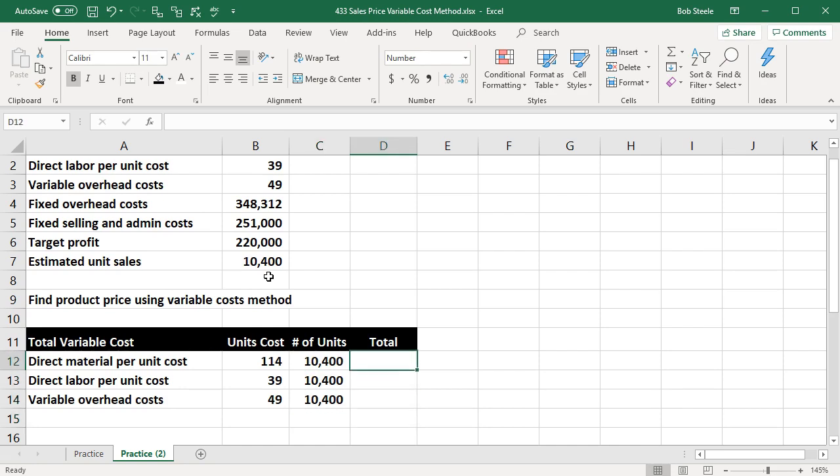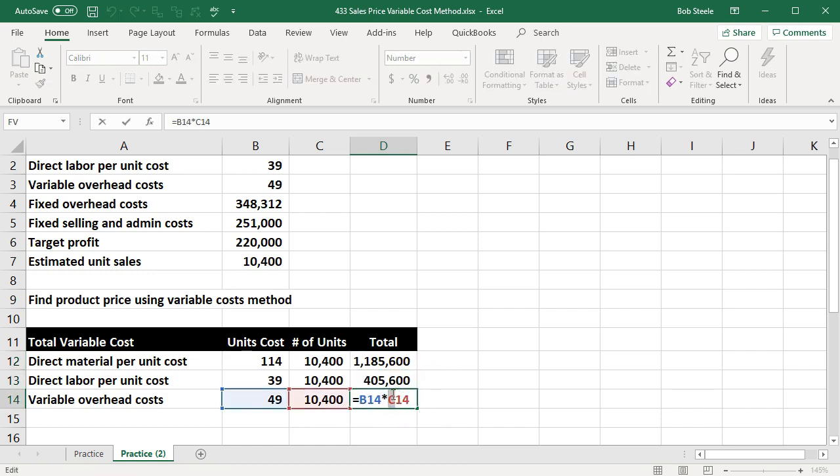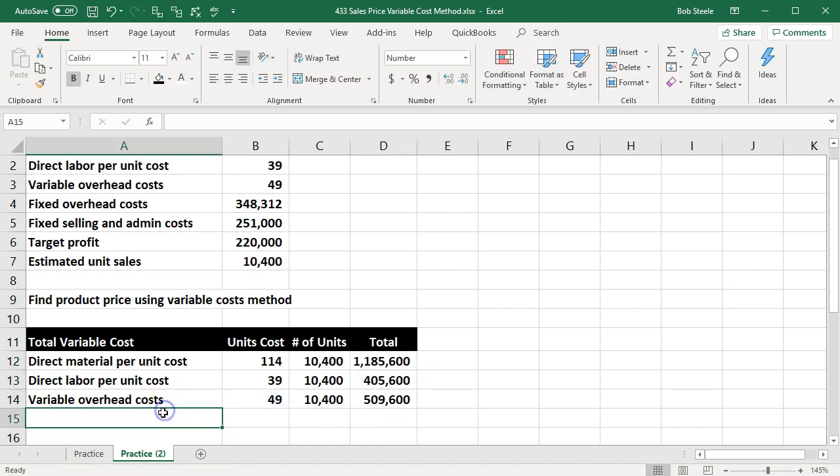We'll multiply this out then. Equals the cost per unit times the 10,004. We can autofill that down. 39 times 10,004, 49 times 10,004, or autofill. So we'll select this item, autofill it down. So it looks like it's doing what we want. That looks good. And then we have the total